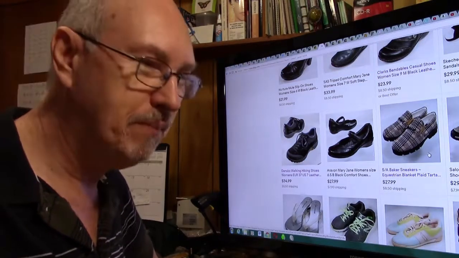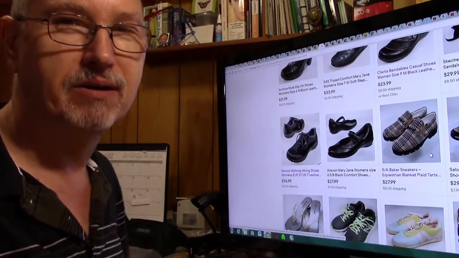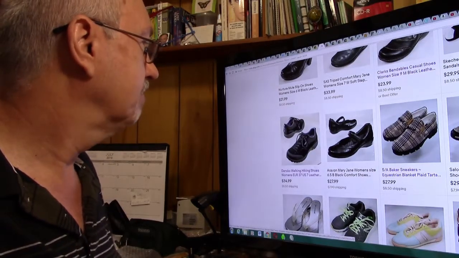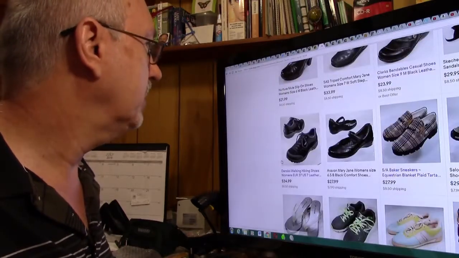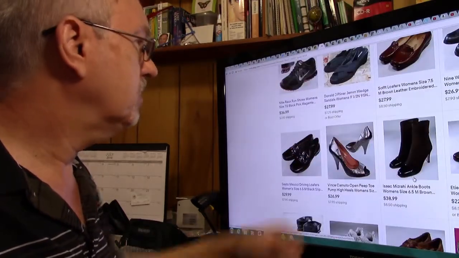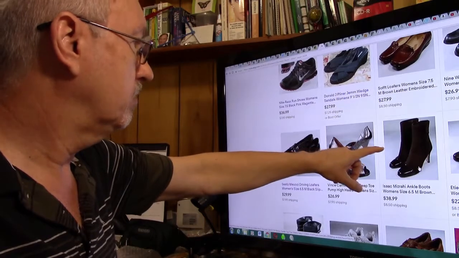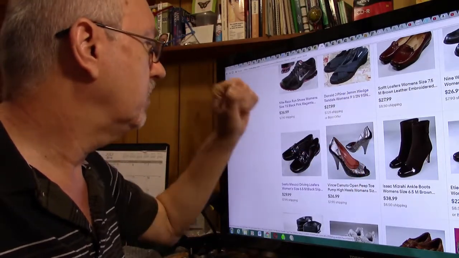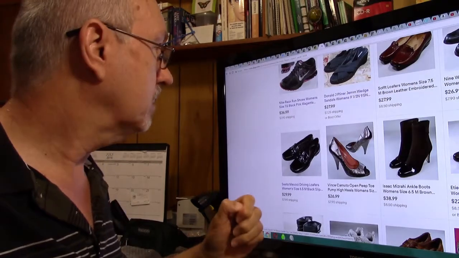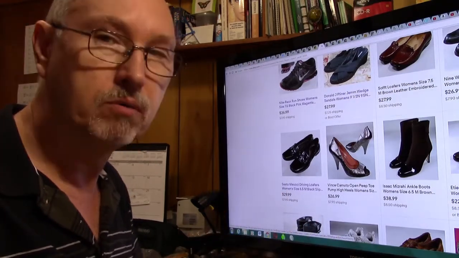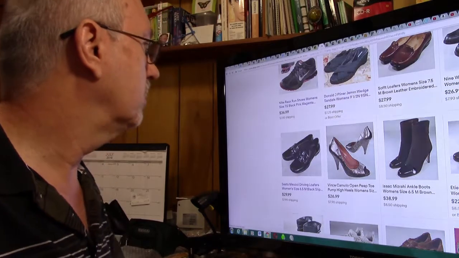They're not super popular, certainly not outside of equestrian circles, but they do exist, and these were practically new. This is an example of a boot that was in good shape, but brand new. It sells for like $150, but it doesn't seem to have much resale value. Let me show you